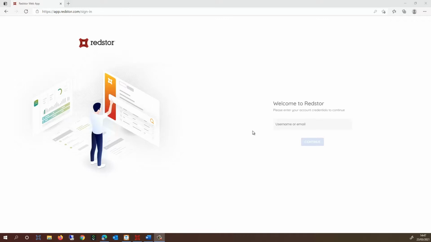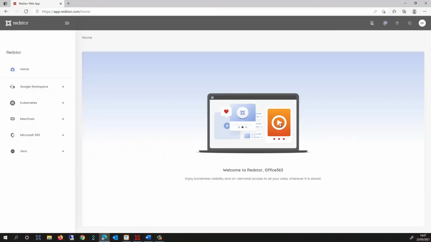So let's start by logging into the Redstor app using your Redstor username and password. Once we've logged in, over on the left hand side you'll see some of the features that you can backup and protect using Redstor, and in this video we're going to concentrate on Kubernetes, so I'm going to click on